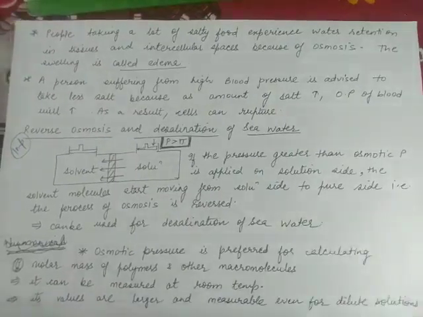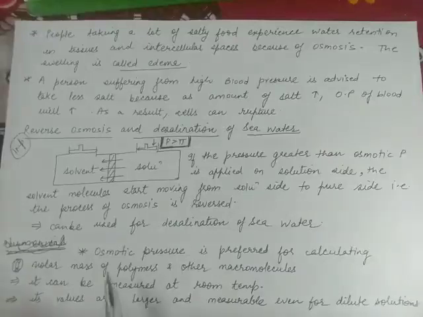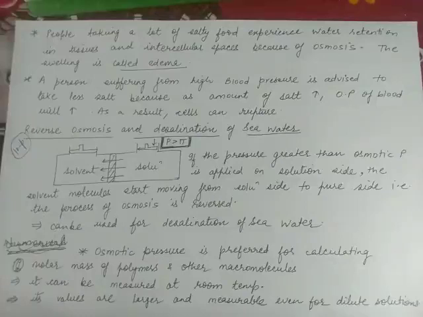Now there is one more question related to osmosis: what is the purpose of all the colligative properties? The only purpose is calculating the molar mass of an unknown solute. Now we have polymers, macromolecules. Polymers are molecules which are very large in size, meaning their molar mass is very high. We have learned that in all the formulas of colligative properties, molar mass comes in the denominator, Wb upon Mb. So if molar mass is very high, the magnitude of the colligative property will be very small.